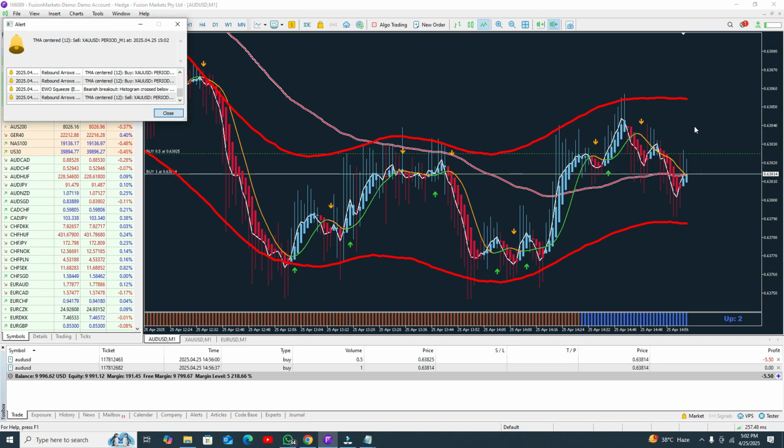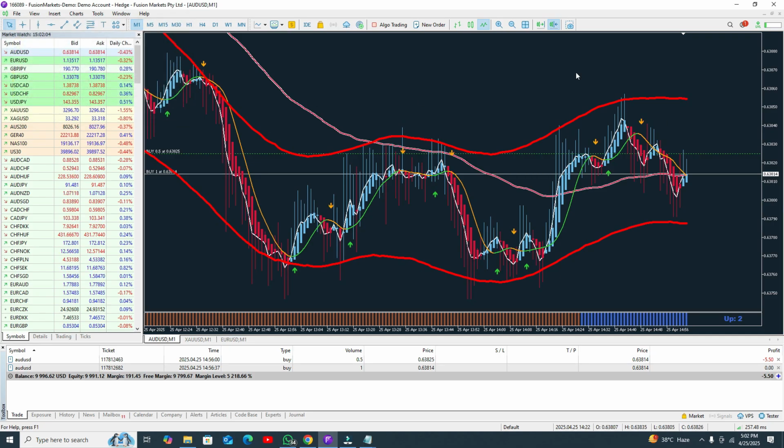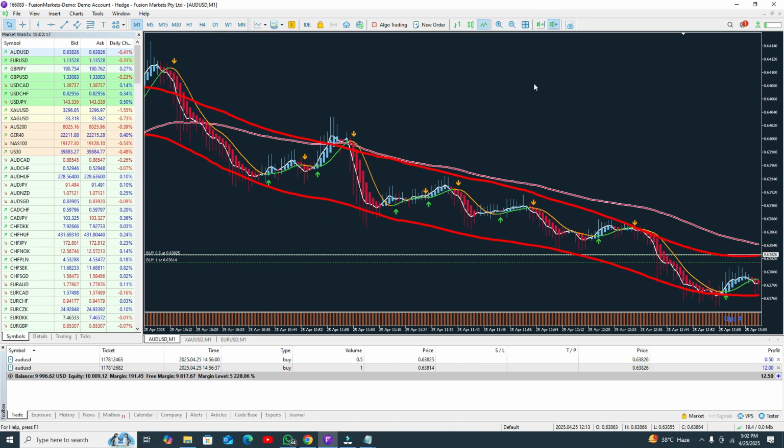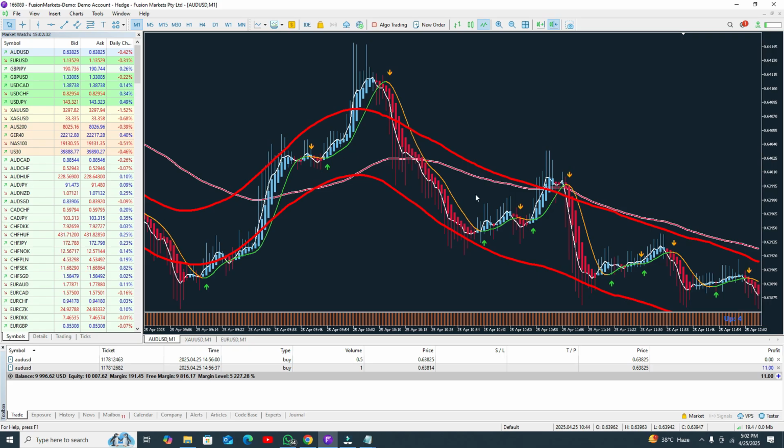We are waiting for when the candle touches the upper band line, then we need to close our trade. Let me show you some more details about it. This one is your second position because the candles are on the upper band line and we have this color, so that means we need to open our sell position and close the trade here. Again, from this point you need to open one more position and close your trade.